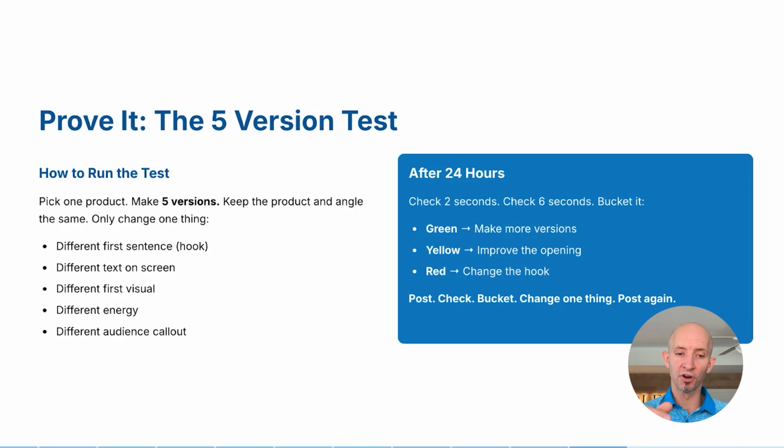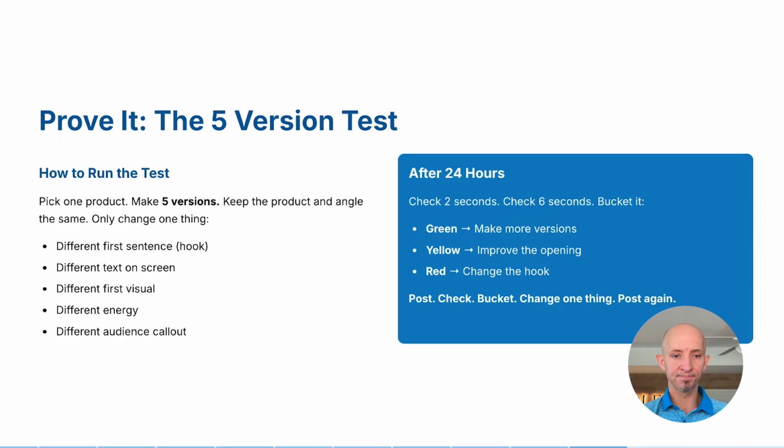Then just change those first few, those 5 different hooks, add them in front, and then look at the metrics after all 5 of those videos are posted for 24 hours each. Come back and look and see which one had the best engagement rate. Then once you find the one that has the best engagement rate, guess what you're going to do? Go do more with that one.